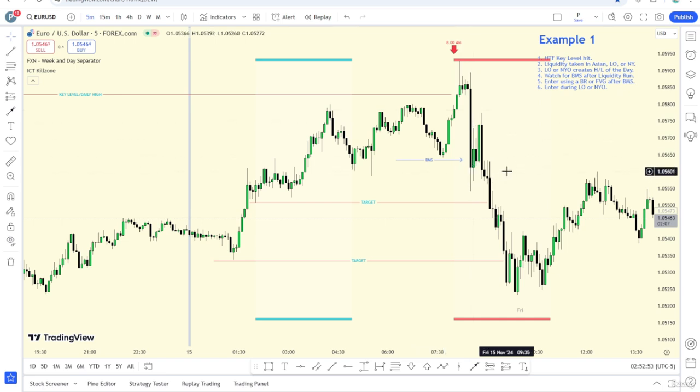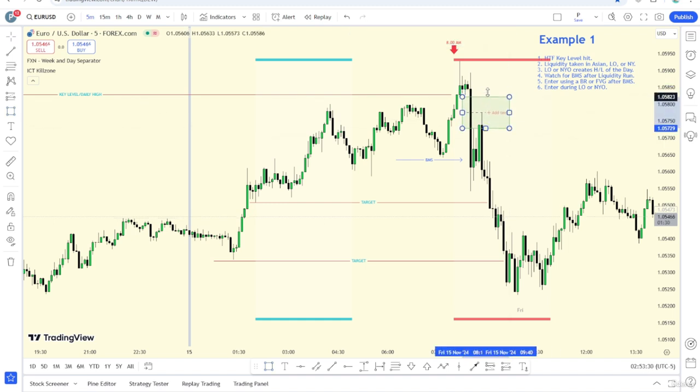Now our entry comes in when either we create a breaker or we create a fair value gap after the break in market structure. And you can see in this example here, we have a fair value gap. We also have a breaker here. So the breaker here is we have this movement down. So you can see the market moved down and then it went up to take out those liquidities. So if you actually outline, we have the breaker here, but we also have an imbalance right here. So let's maybe outline the imbalance, which is more clear. So if I outline that imbalance right there,